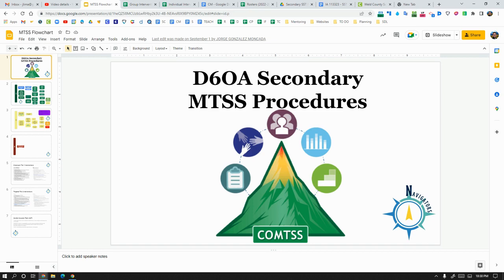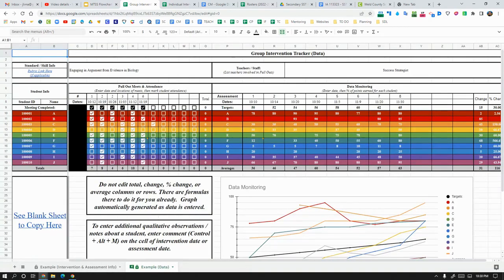But remember, you can do your own thing so long as you have something to show, because when we get to the end of tier one, we're going to need to prove that we've actually tried things and that they didn't work, right? Or if we want to try to escalate them to tier two. Also, if we are trying things, how do we know if they're working if we aren't actually collecting data and keeping track of that? So, I want to show you guys, first of all, I have this group intervention tracker